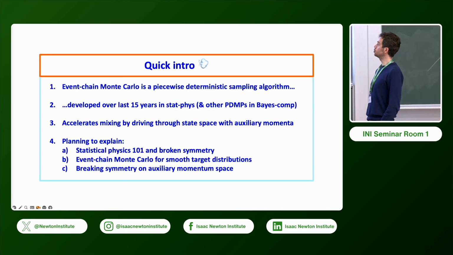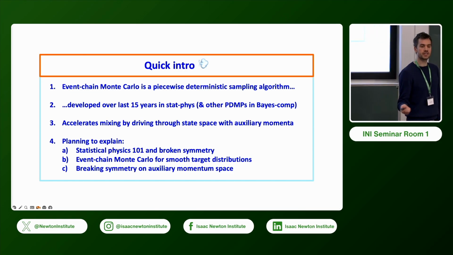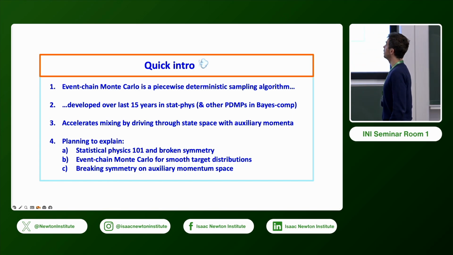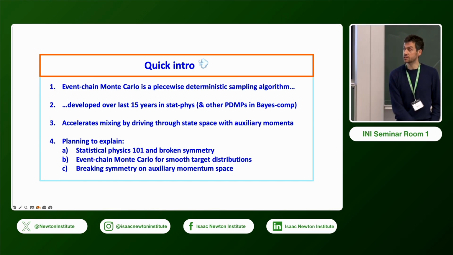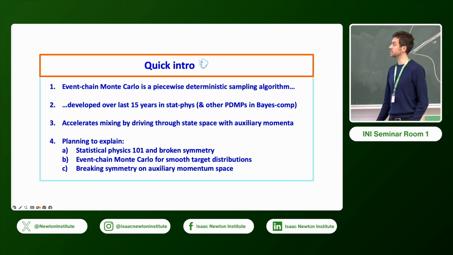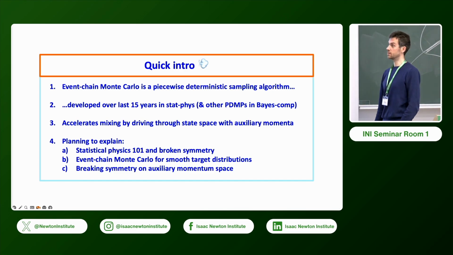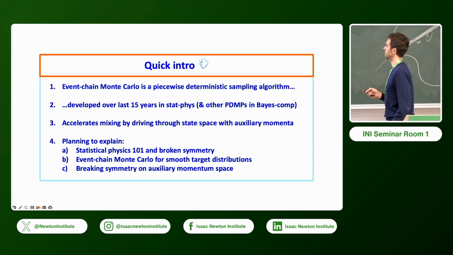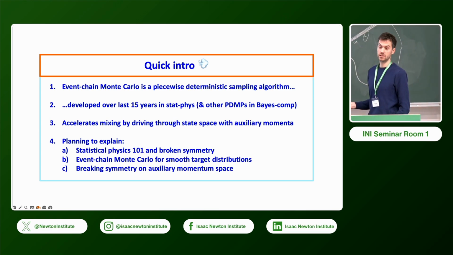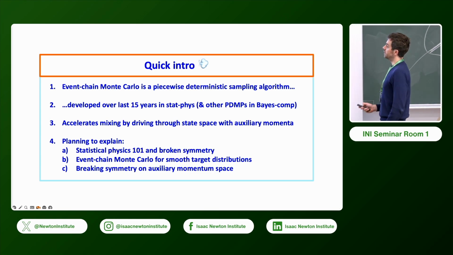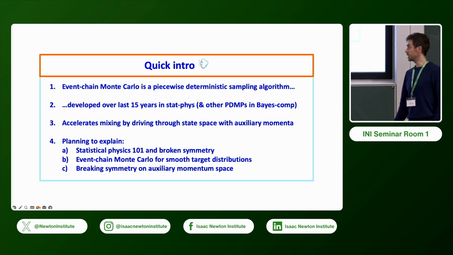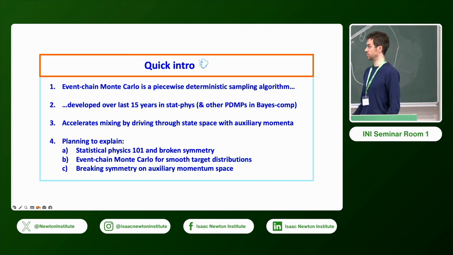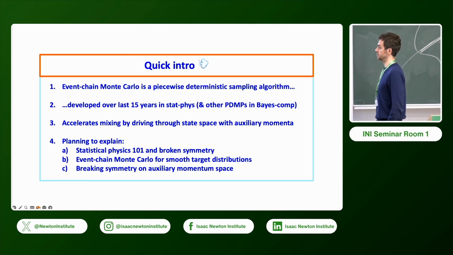So, quick intro. I know that not everyone in the audience necessarily works on PDMPs or sampling algorithms, and many of you are not statistical physicists. Eventually Monte Carlo is a piecewise deterministic Markovian sampling algorithm developed over the last 15 years in statistical physics. Werner gave a very nice talk about them yesterday, and there are many other famous PDMPs that have been developed in Bayesian computation in parallel over this time period. These piecewise deterministic Markov processes tend to accelerate mixing by driving through the state space with auxiliary momenta. So you augment your state space and your target distribution with these auxiliary momenta, and that in some way accelerates